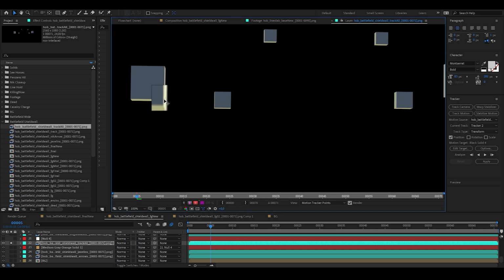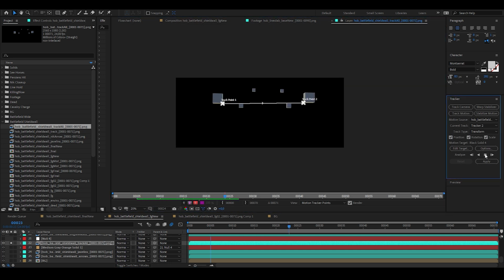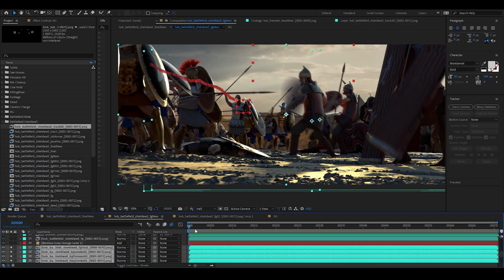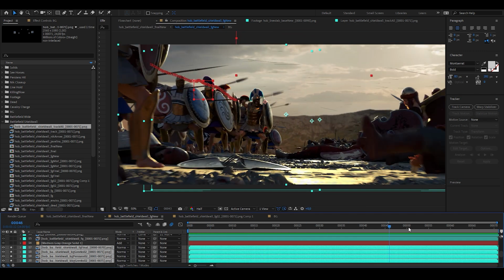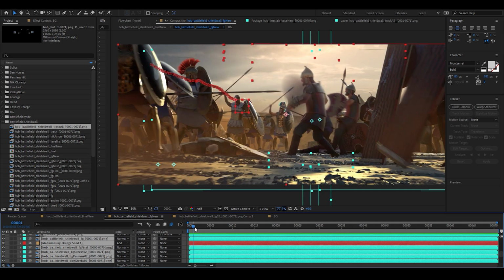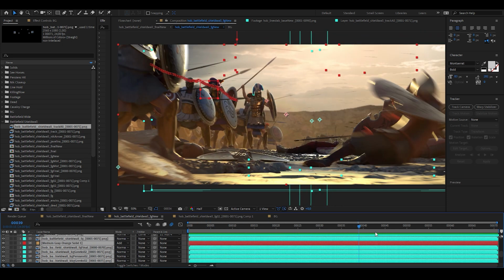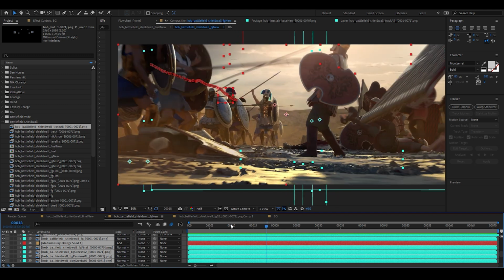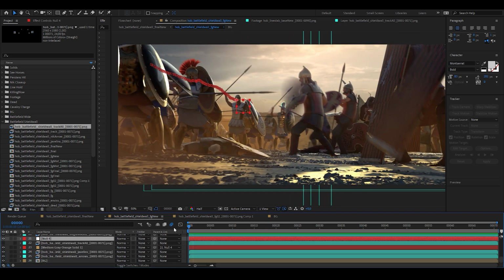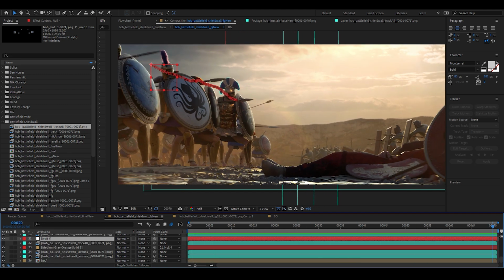I just then place my 2D tracking point onto their corners, and using these I get the perfect tracking data that I then apply to a null object, and onto this object I parent my dust elements so that they move with the camera. Simple and easy, and oftentimes more reliable than trying to export camera data from Blender to After Effects. But if you have a reliable way of doing that, definitely let me know.